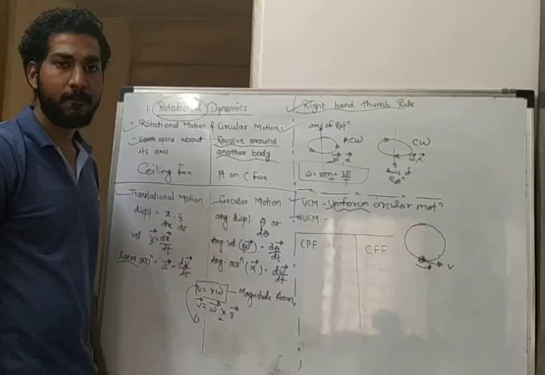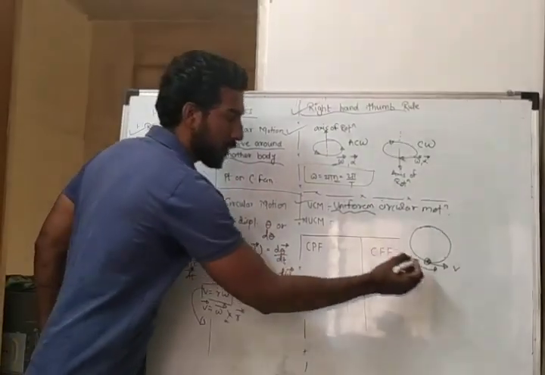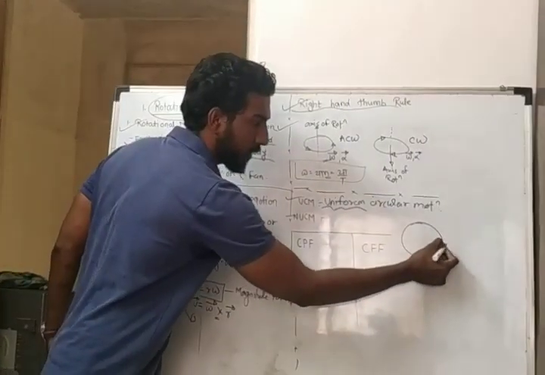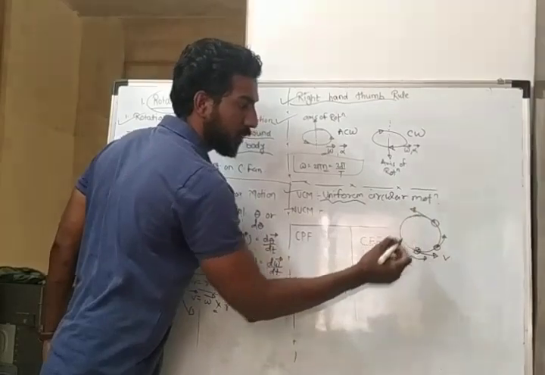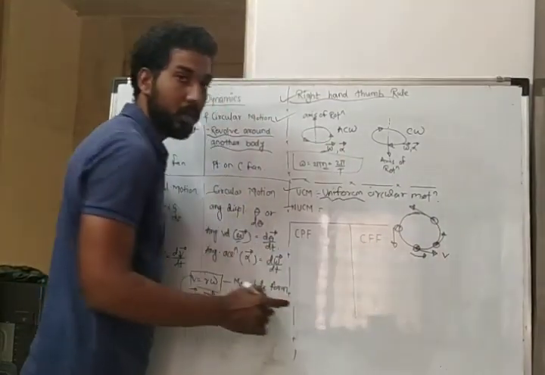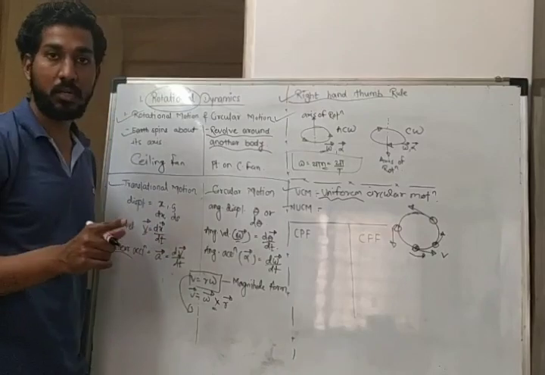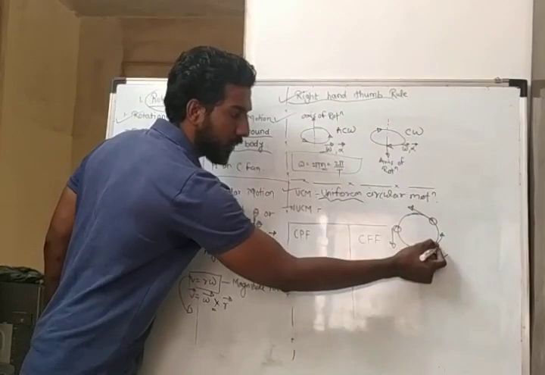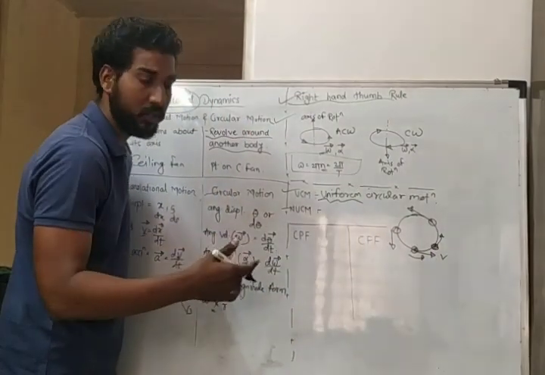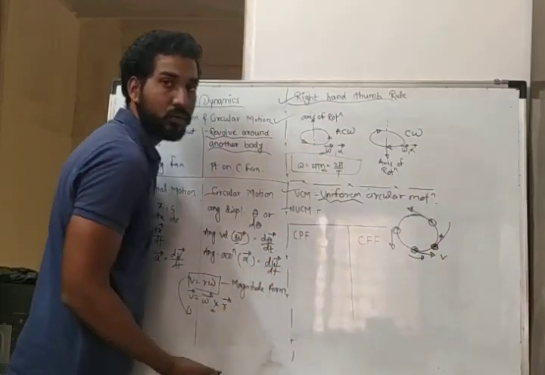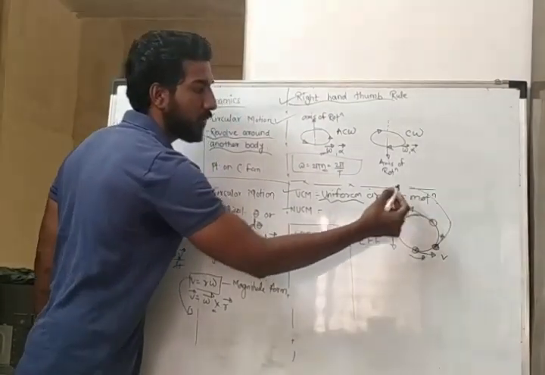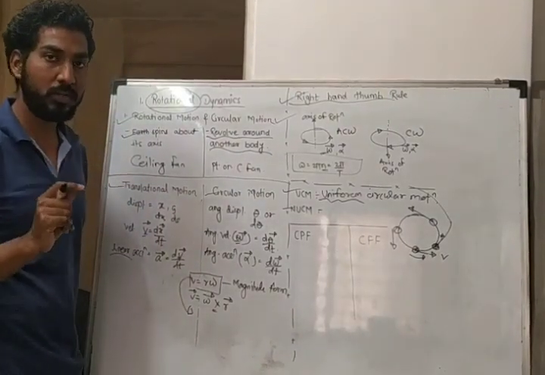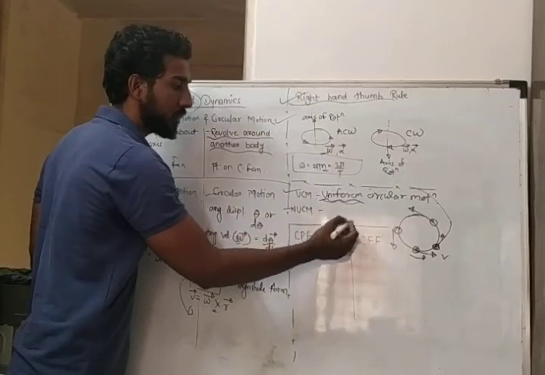So this velocity will be constant. Let's say at this point there will be velocity, at this point also this velocity. If this velocity is constant, then only it will perform uniform circular motion. Because if we increase the velocity at this point, I am changing it, right? So it will jump directly to this point. Again I increase velocity, it will jump to this. It will not form a circle shape. So I am telling you, uniform means velocity is constant.